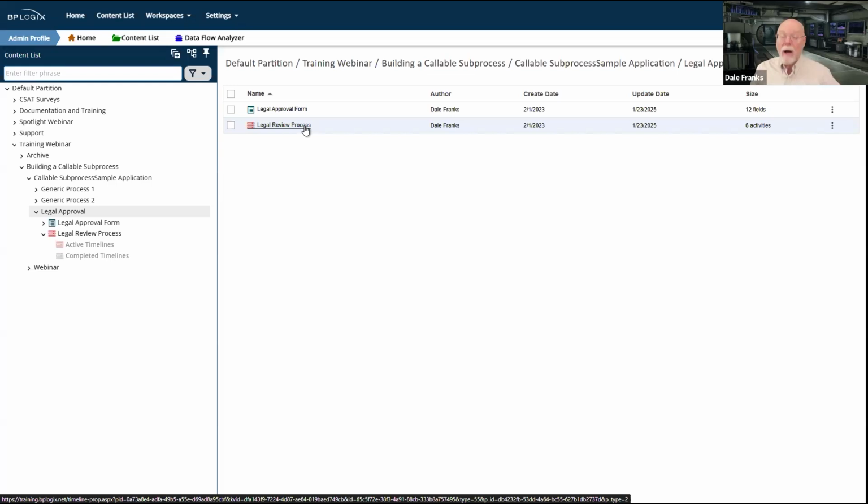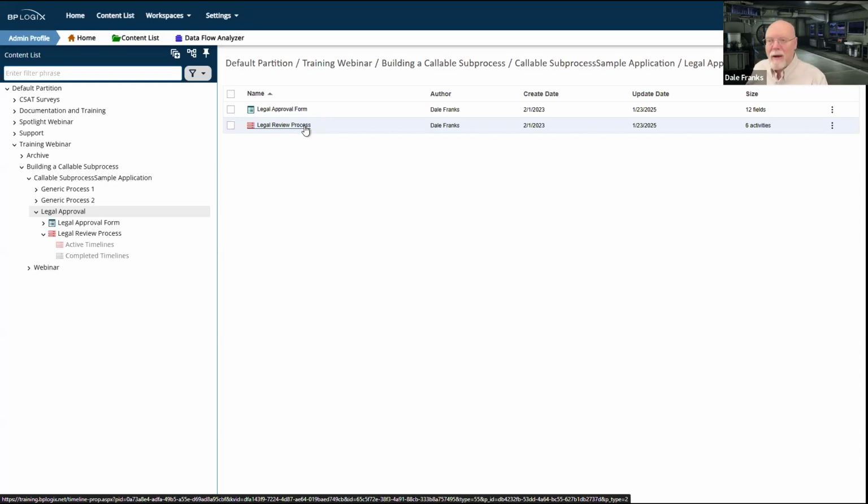Now, you do have the option, always, of course, of just taking this legal approval process and building it into every other process you build. You certainly can do that.